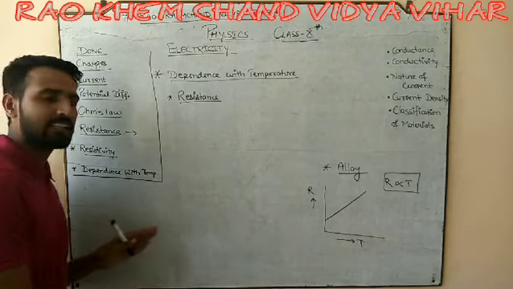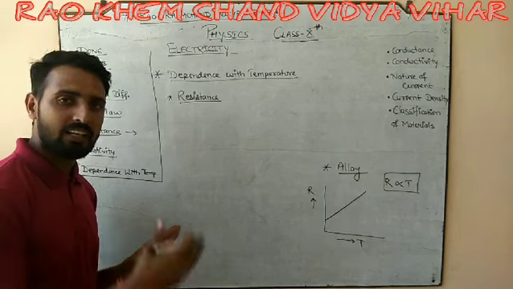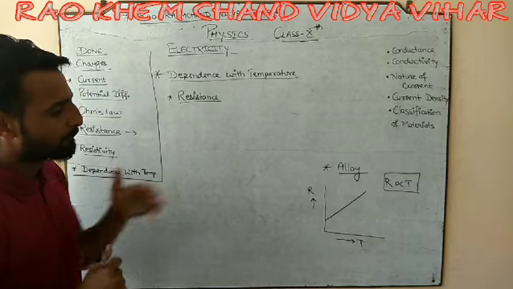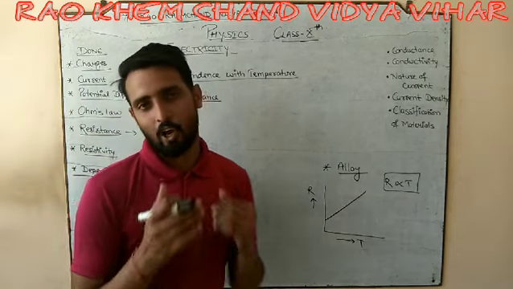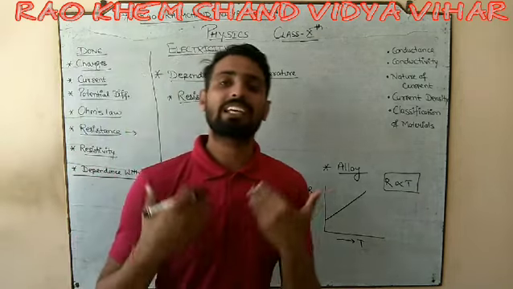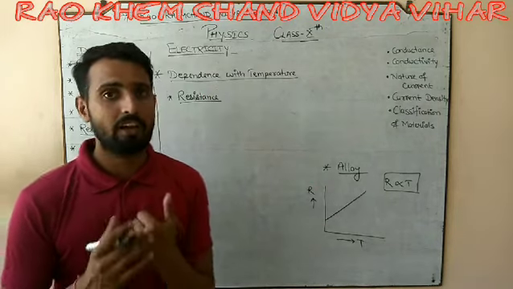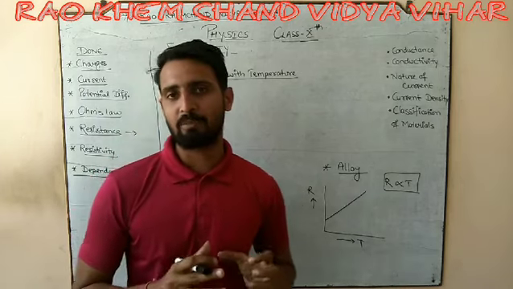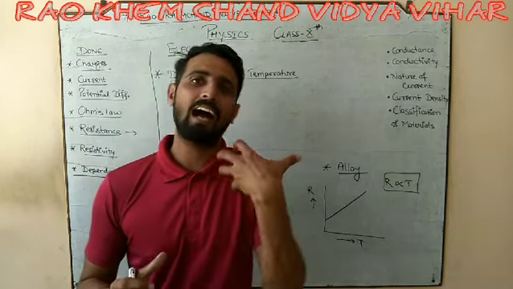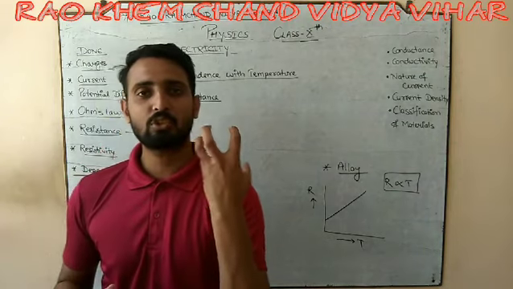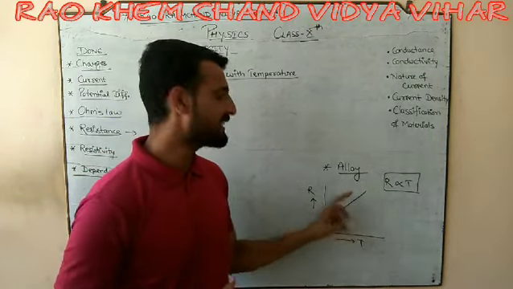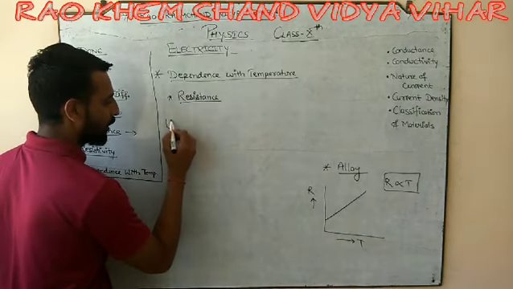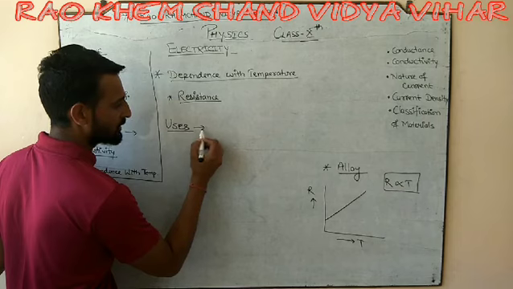But okay, I will rub that off, but it's my request: you can turn back your video, so before I rub it, you can note down all the graphs. So now, alloys are mixtures, and alloys are always made to increase the resistance. The motto of making an alloy has always been to make an element which can show high resistance, or high resistivity, but in a linear manner with temperature. That's the important use of alloys.